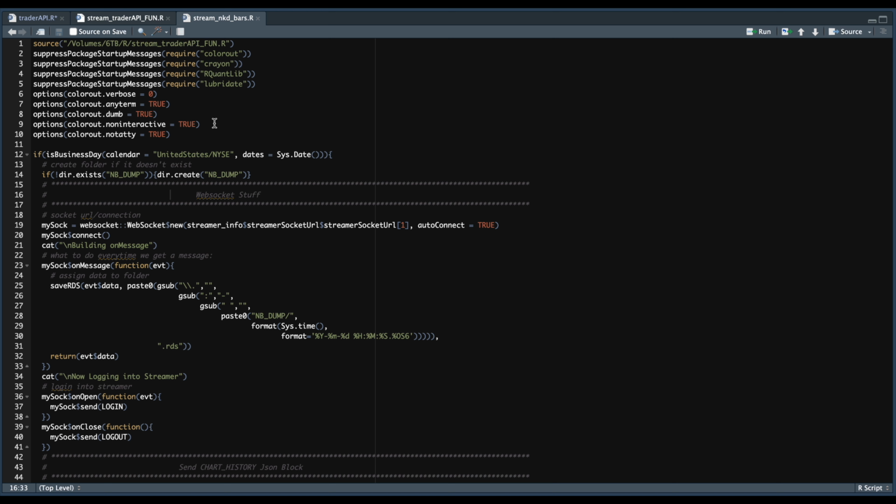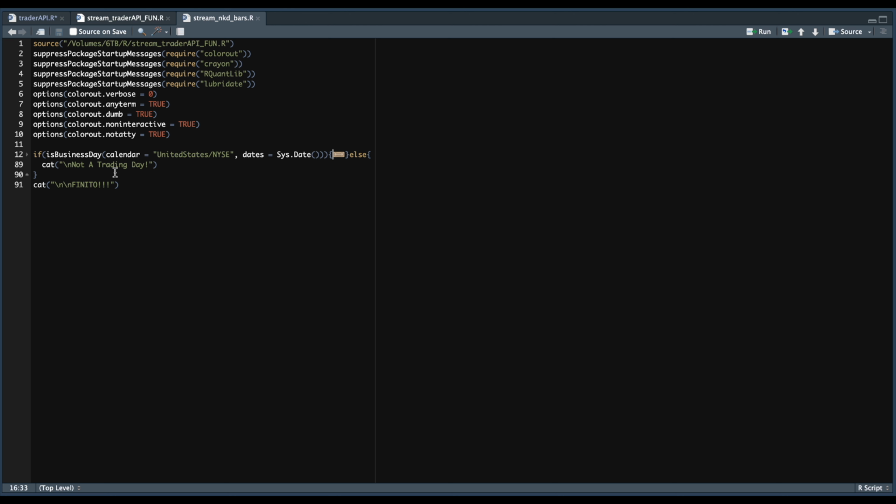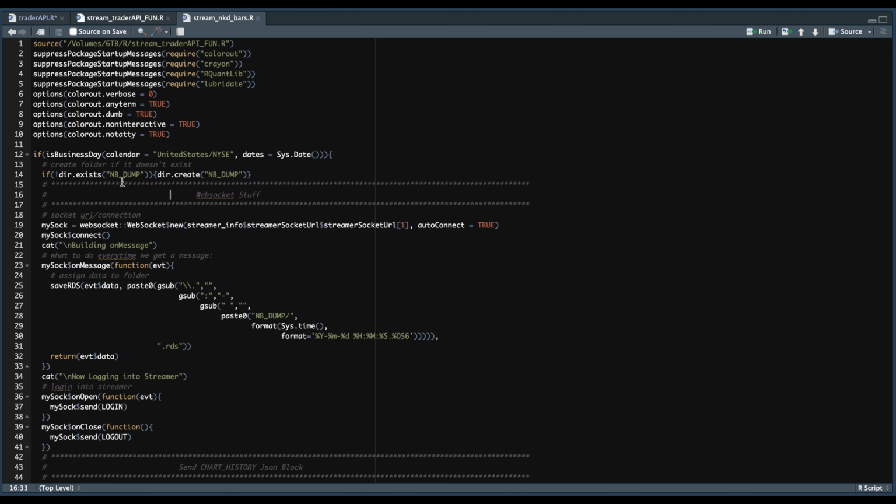And since we're going to be scheduling this Monday through Friday, I need to check whether or not the current day is an actual trading day. So that's the check here in line 12. Otherwise, if it's not a current business day, it's just going to print out not a trading day and then the script ends. But if it is a current trading day, it's going to check if there's a folder where